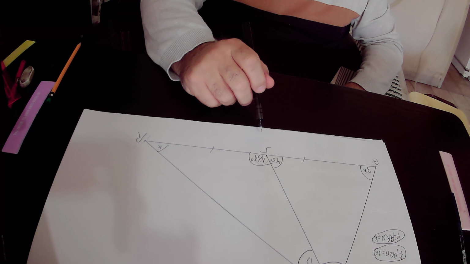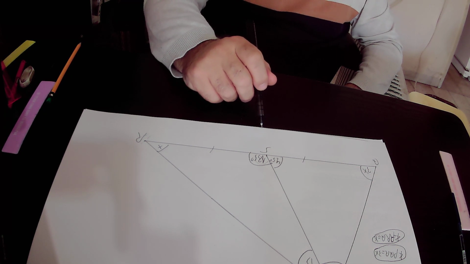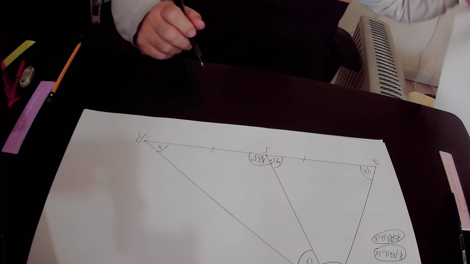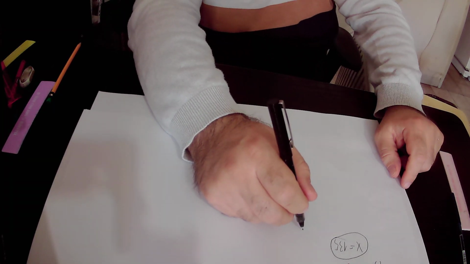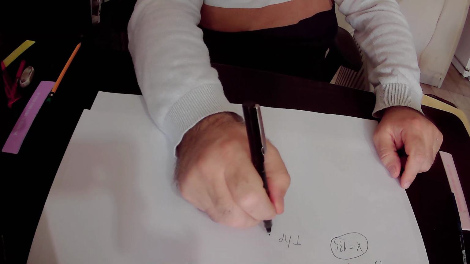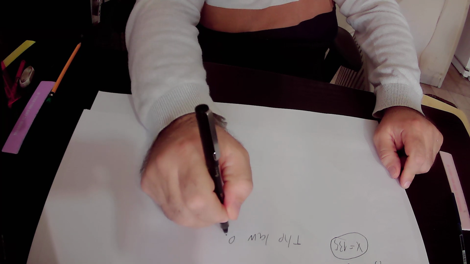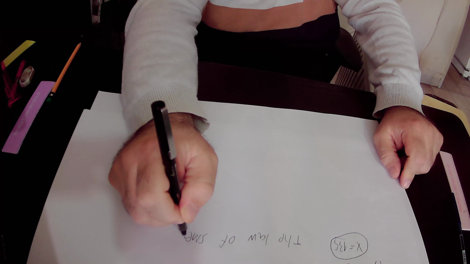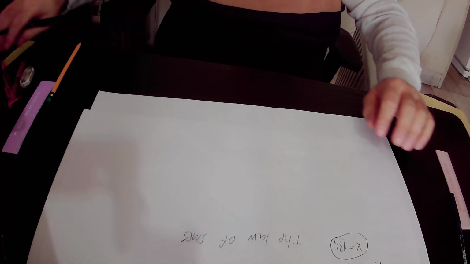So in the next step, I will present to you a new rule. The rule is called the law of sines. The law of sines applies in any triangle. So you can write down that in any triangle